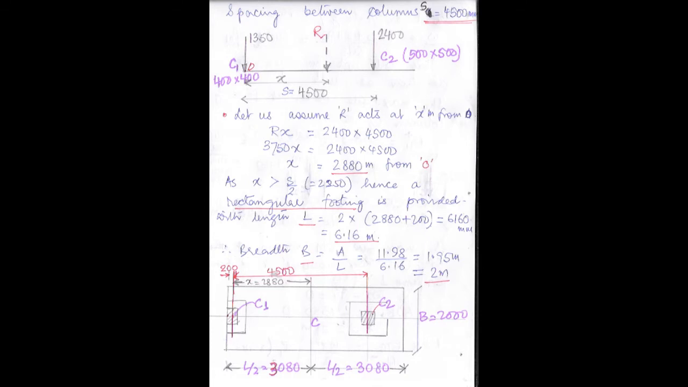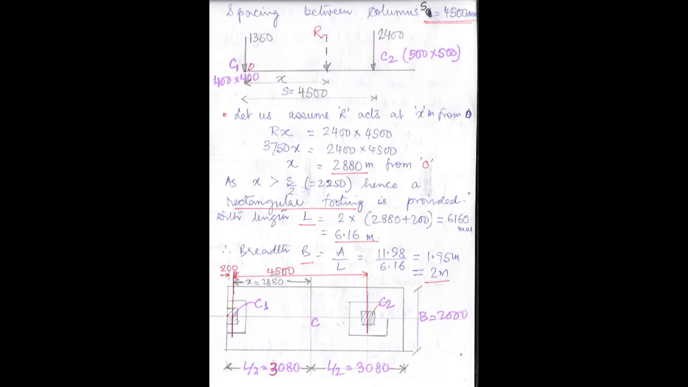If you see the diagram below, there I have explained the value of each dimension. What is x? X is the location of the resultant from the point O. O is the boundary of the property line, correct? With that we should add 200. What is 200? C1 column size is 400 by 400, so we are taking center to center, so the rest 200 is also remaining. So that's why we have done